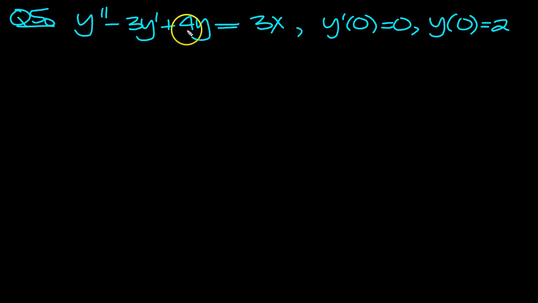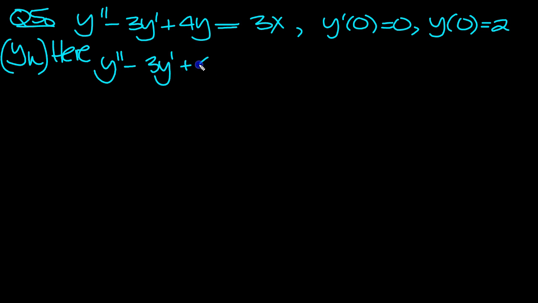y double dash minus 3y dash plus 4y equals 3x, and we got these initial conditions. So let's do yh to start with then. So here we can simply write y double dashed minus 3y dashed plus 4y equals 0. This gives us the